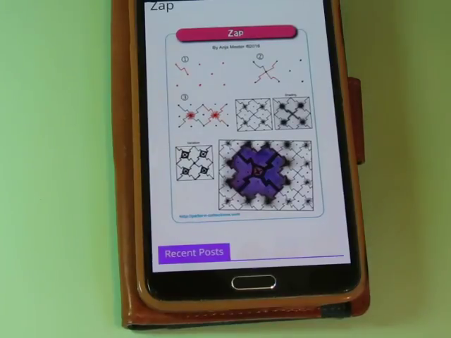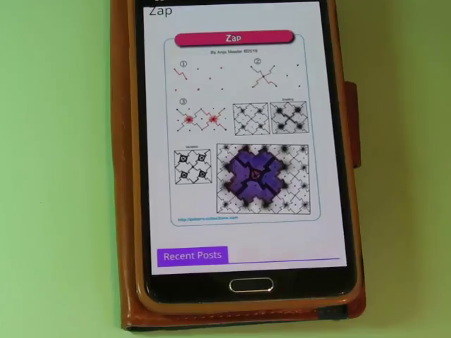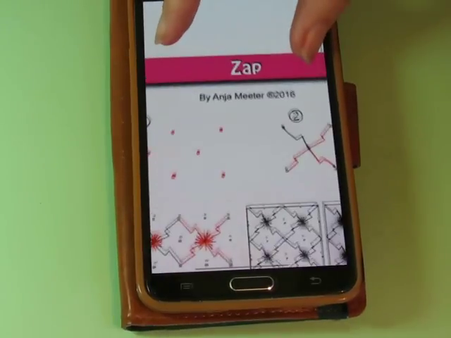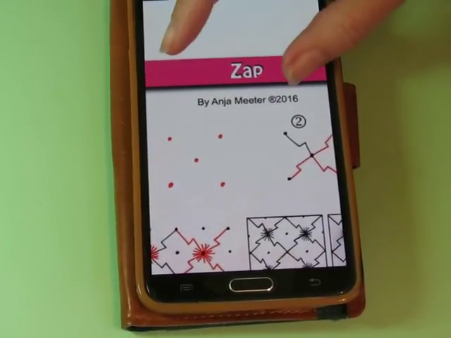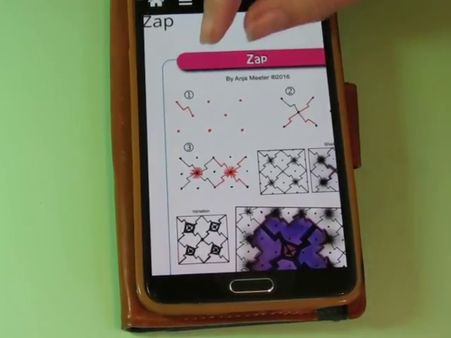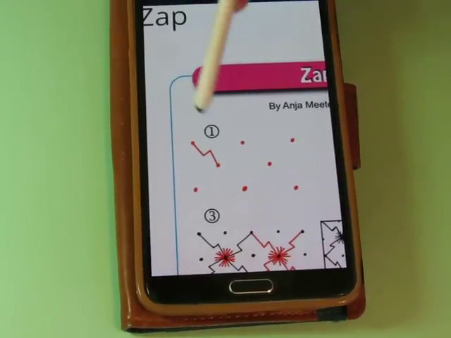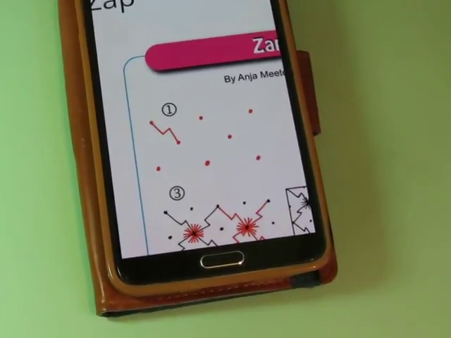Okie doke, folks. Here we are about halfway through the week, and we have one called Zap by Anya Meter. I am not sure how I'm going to do this. Anyway, okay, it looks like we need to use an offset dot grid, which means that you're going to do